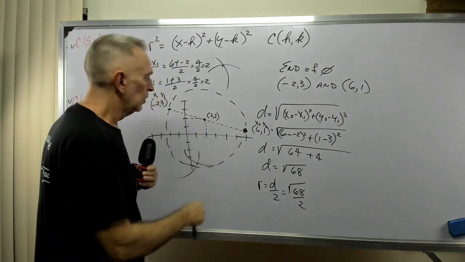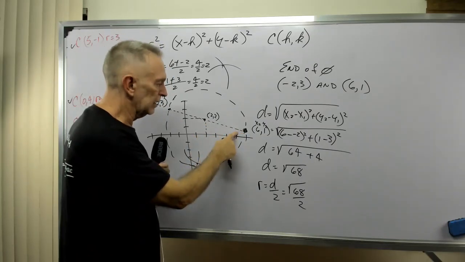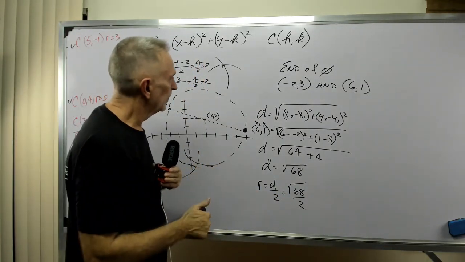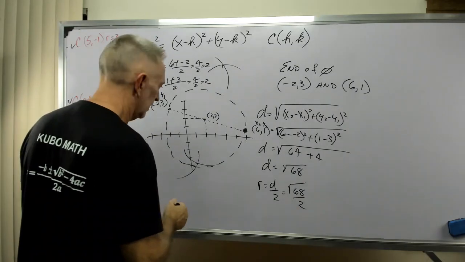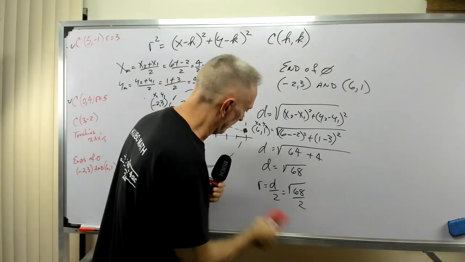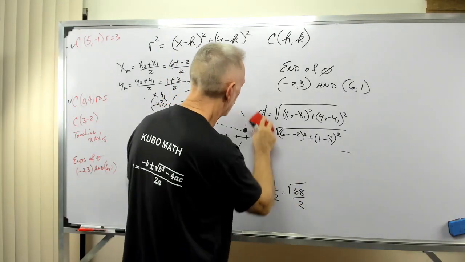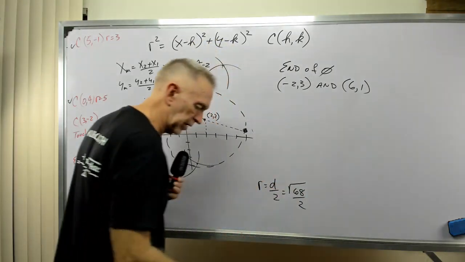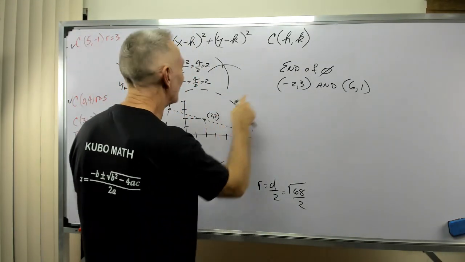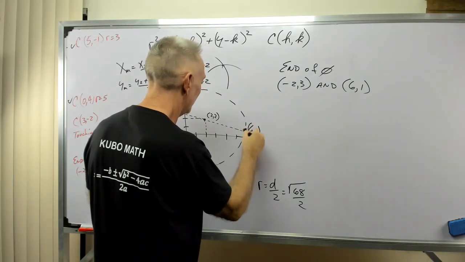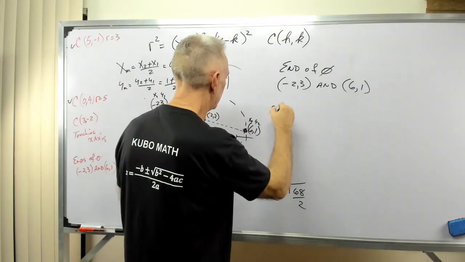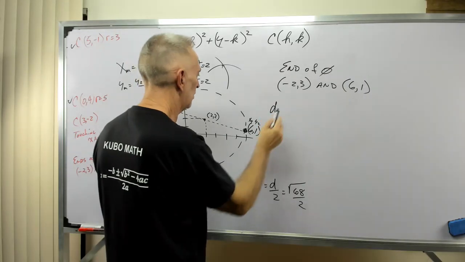Let's check ourselves. We can use the distance formula again to see if we get this number. I need to clear a spot here somewhere. I'm going to erase everything except the answer down there, and we'll use this spot right here to calculate. Now we're going to do the distance. Oh, I erased my point. 6, 1. And this was x sub 2 and y sub 2, right? Yep. Okay, so now my distance, which is my radius,